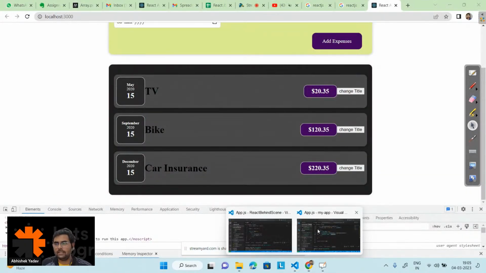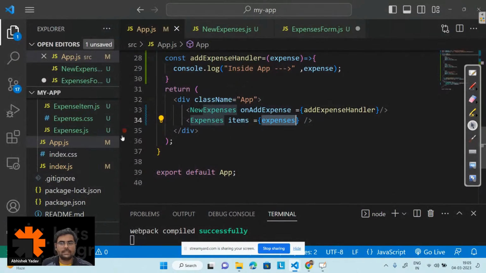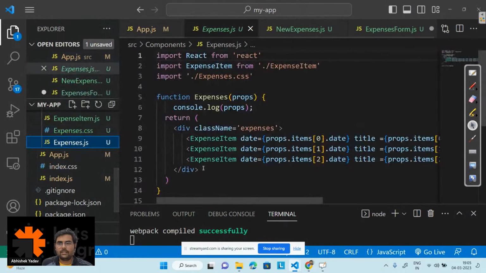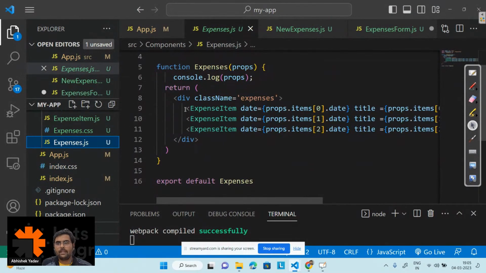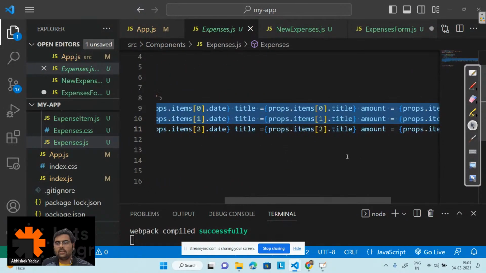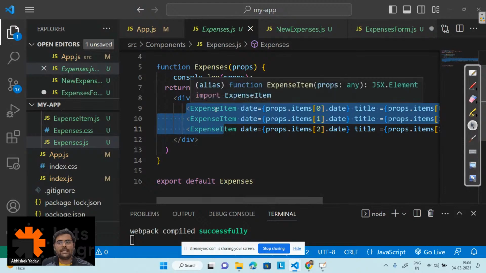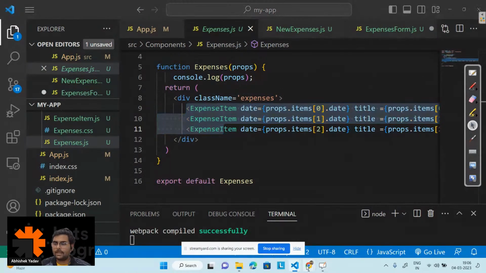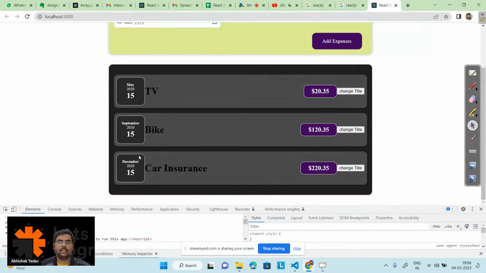If I open this part, that is the expenses, here you can see I am calling this expense item component 3 times. That's why I am getting 3 expense items on the output screen like this. But here I am using static values. In a real life project,